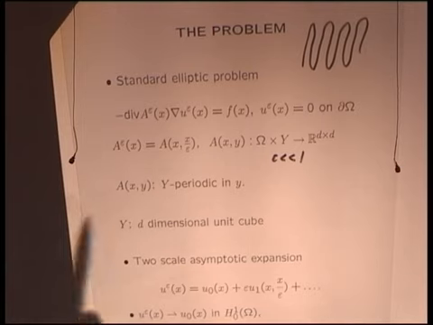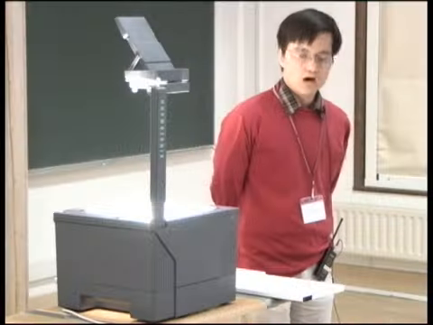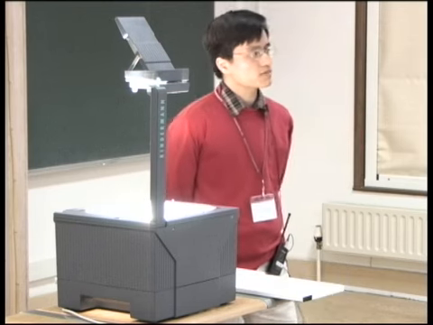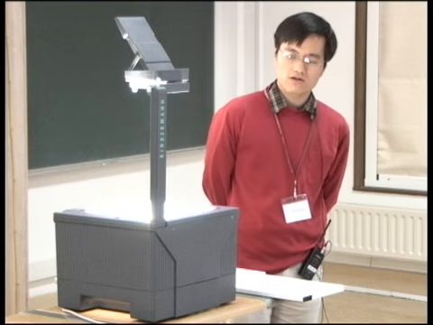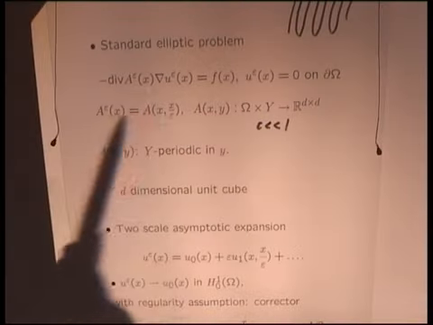And here we assume that A(x, y) is Y periodic in y, and by big Y here I mean the cube of size 1 in R^d. So here we work in R^d. This is very basic and well known. If you have read a book on homogenization, like the well-known books by Bensoussan, Lions, and Papanicolaou, Bakhvalov and Panasenko, you can see that in order to solve it, to find